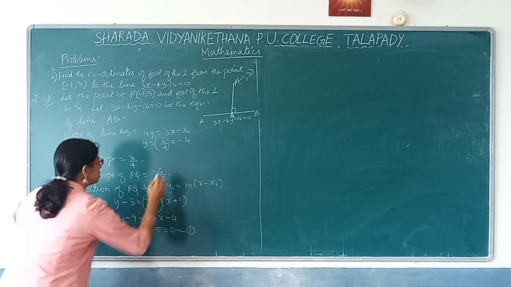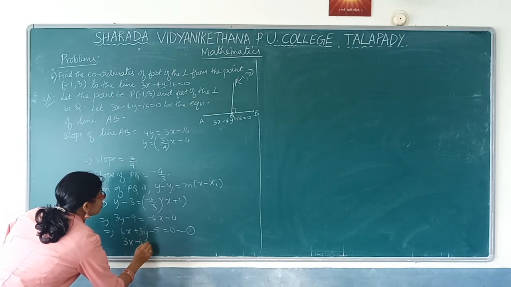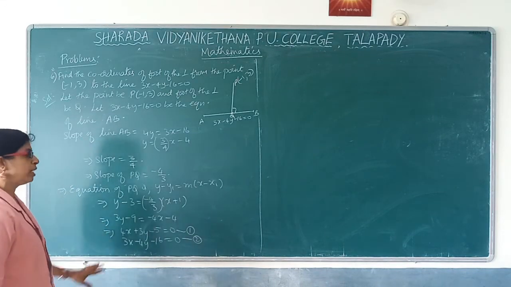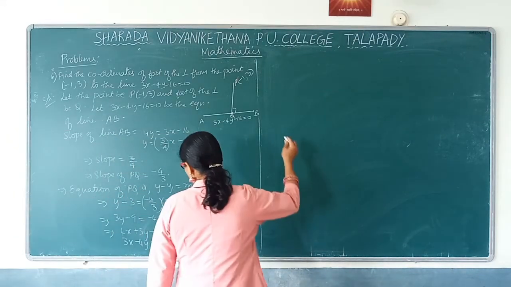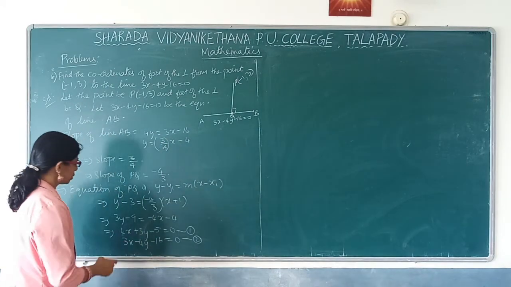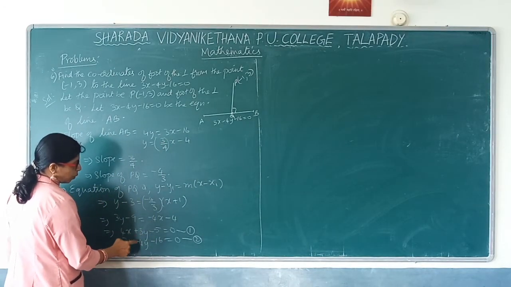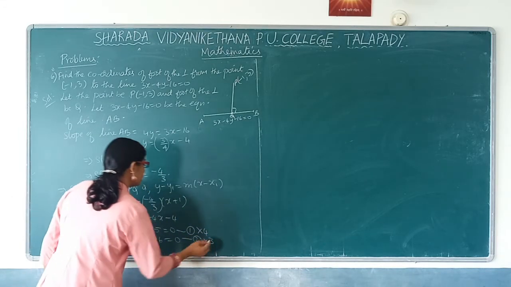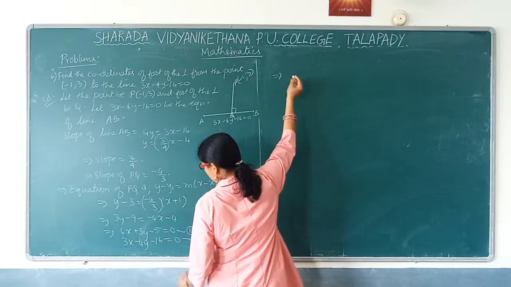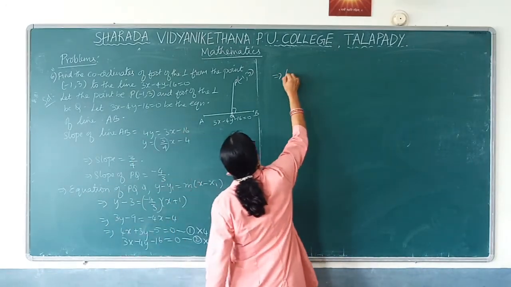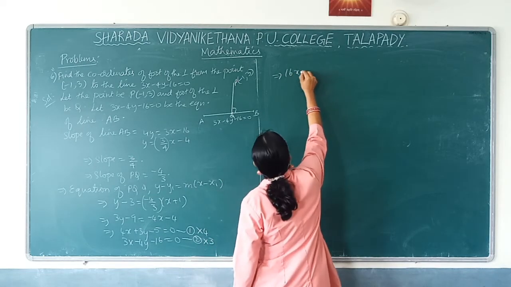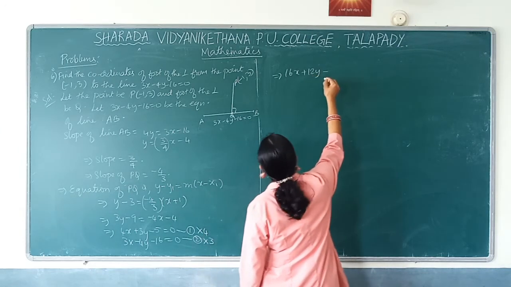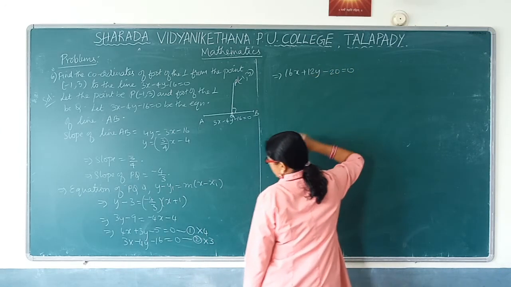Also another equation is 3x minus 4y minus 16 equal to 0. This is equation 2. So on solving equation 1 and 2 only, we are going to get the x and y values. So what we have to do, any one of the coefficients we have to cancel. So first equation, see here opposite signs are there. First equation we will multiply by 4. Second equation we will multiply by 3. What do we get? 4 into 4, 16x plus 4 3s are 12y minus 5 4s are 20 is equal to 0. This is your new equation.